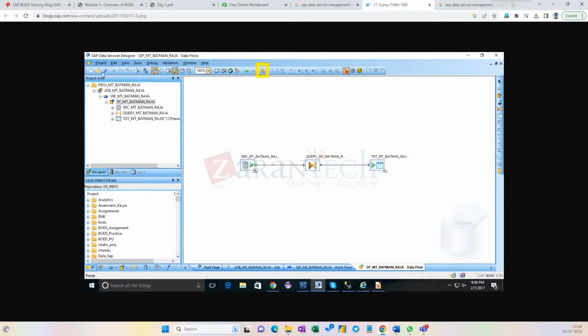So this is called the SAP BODS designer. You can see at the top, SAP Data Services Designer. They are not saying this is BODS, they are saying SAP Data Services Designer. That's why earlier I said don't be confused if they say BODS or Data Services. This is the designer, and